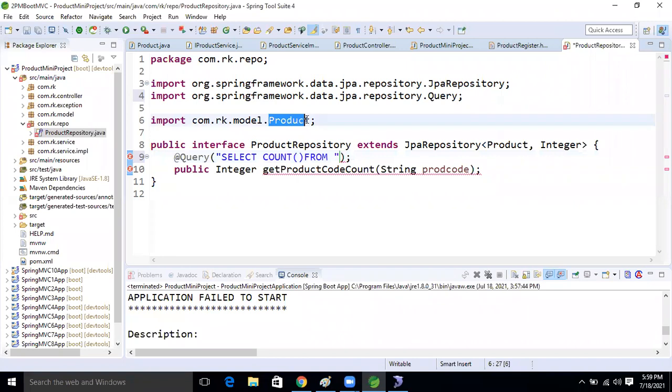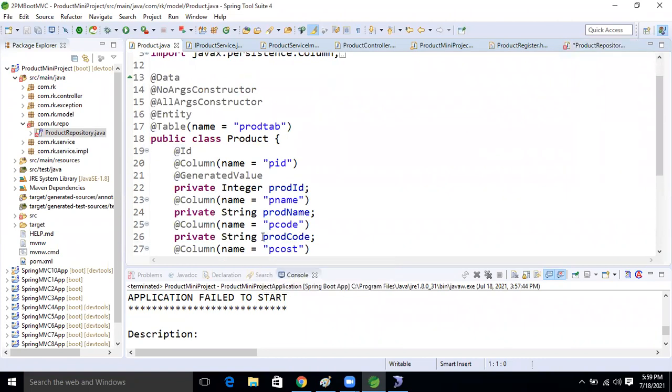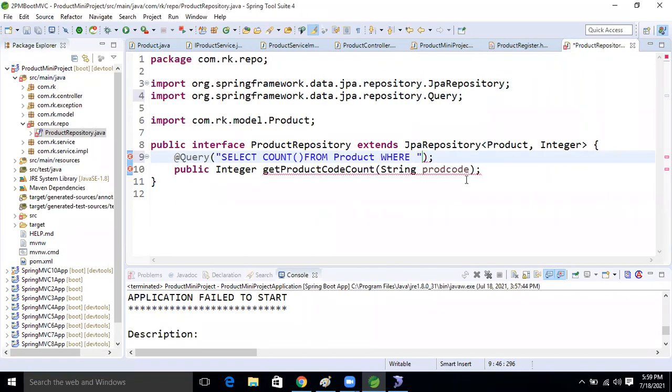Yes, this one is the class, right? We will take this class. How are we writing HQL? Come on, everyone. Product, after then where we will write the condition. After then product code. So come to the entity class. What is the product code, right? Based on this one we need to check it. So copy this one, come here and paste it here. After then take as an argument the count of product code. Product code only. After then from this class only.